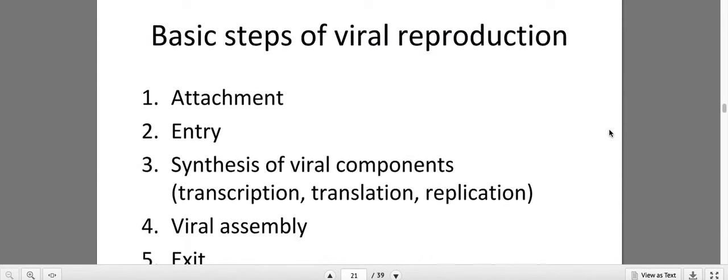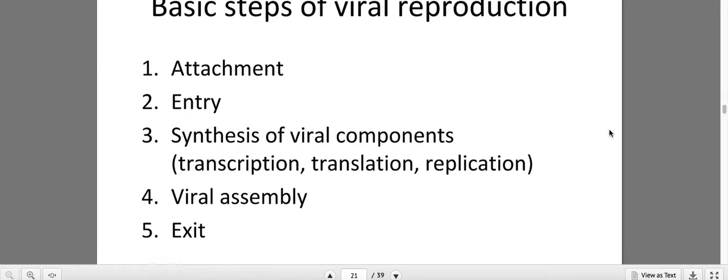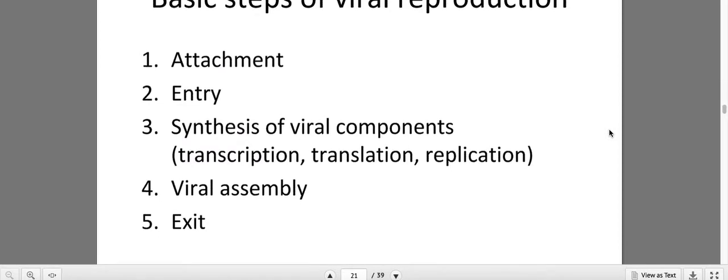So we're gonna get into the basic steps of viral reproduction. Again, viruses are so diverse that they can do a lot of things differently. Some of them have different kinds of proteins in them that maybe make the process easier. But these are just some very basic steps into how a virus gets into a cell, invades it, and gets out of it with many more viruses than before.